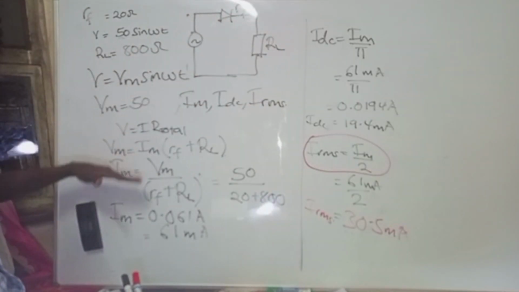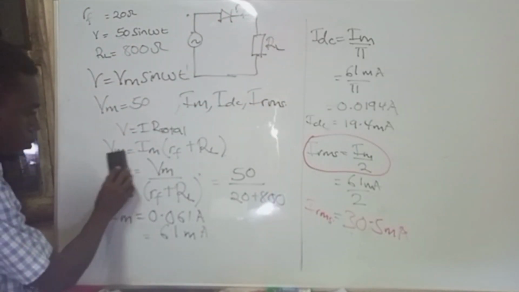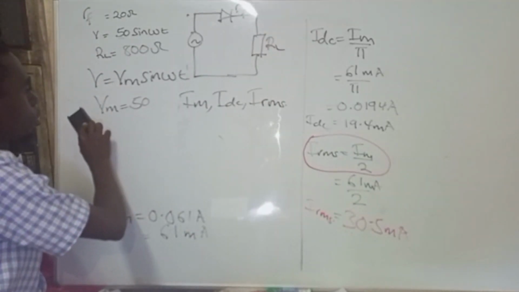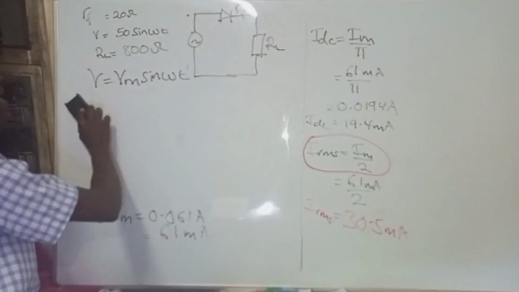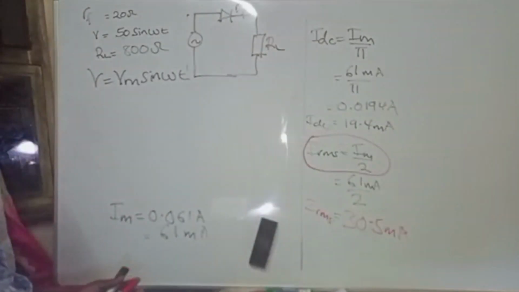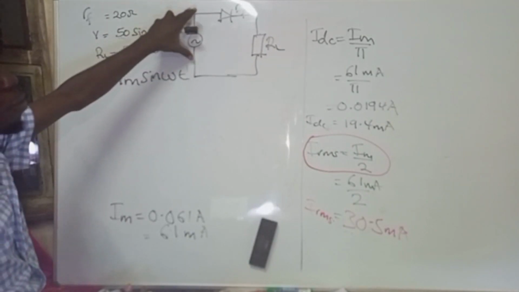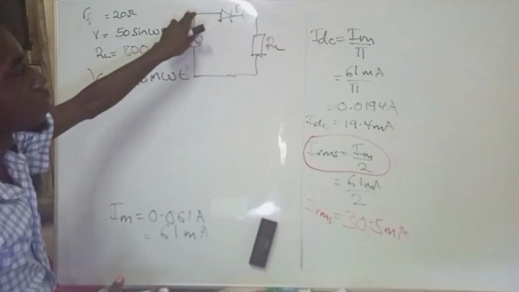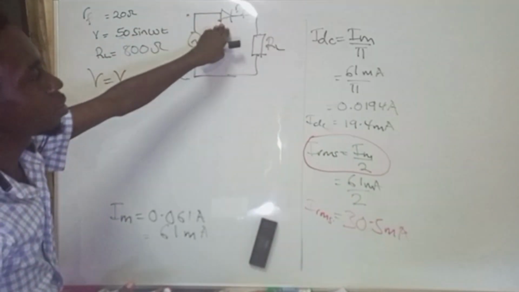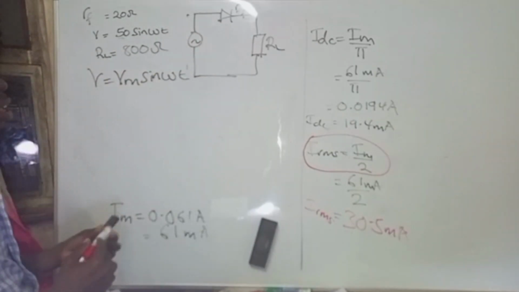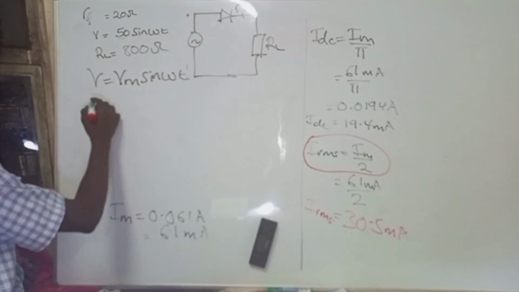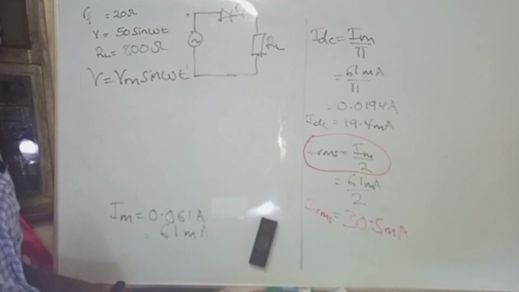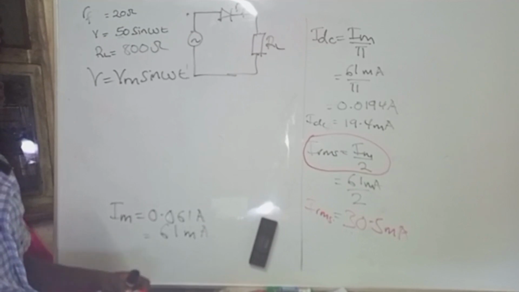Allow me to rub this part off. So the AC power is occurring before this diode. The AC power input is taking together this resistance and this resistance. So to get the AC power PAC is going to be equal to,